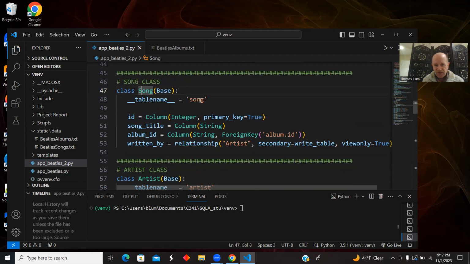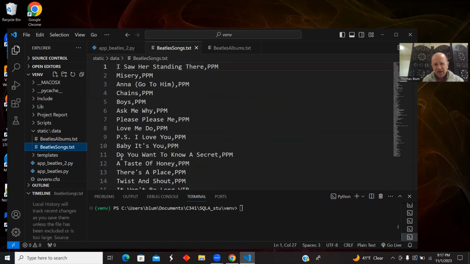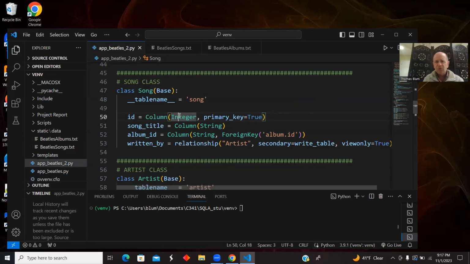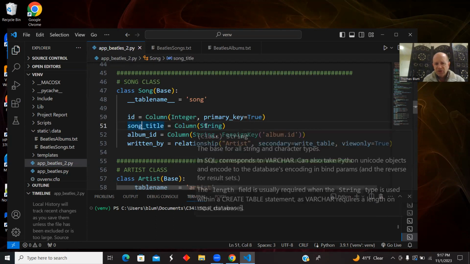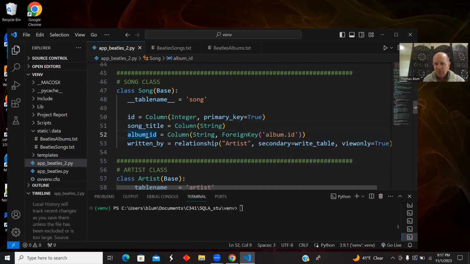Song has a corresponding table called song with a small s. It has an ID that is going to be an integer, and we're going to rely on auto incrementing. So the Beatles songs had no IDs in the data file. So we're just going to make the primary key for the song an integer and do auto incrementing. They have a song title, which is a string. There's an album ID establishing the one-to-many relationship with